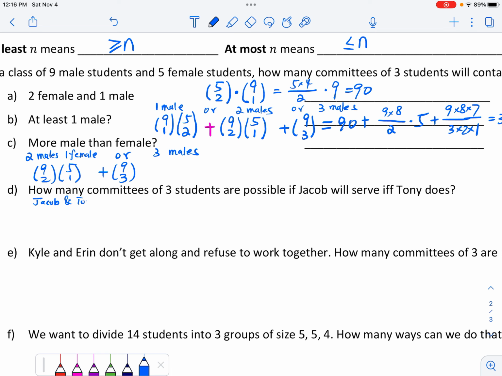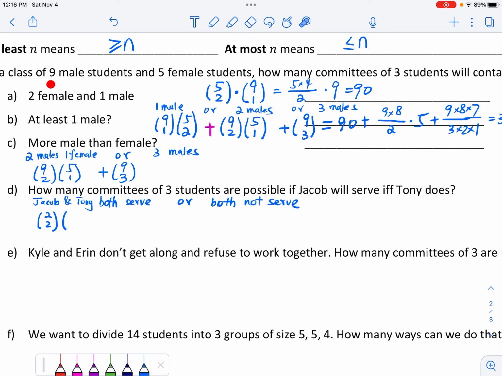So basically it's either Jacob and Tony both serve, or both not serve. So two possibilities. And when they both serve, that means two members are already determined. These two have to be chosen. So choose two. And for the very last one, because we have a total of 14 students, twos are chosen already,